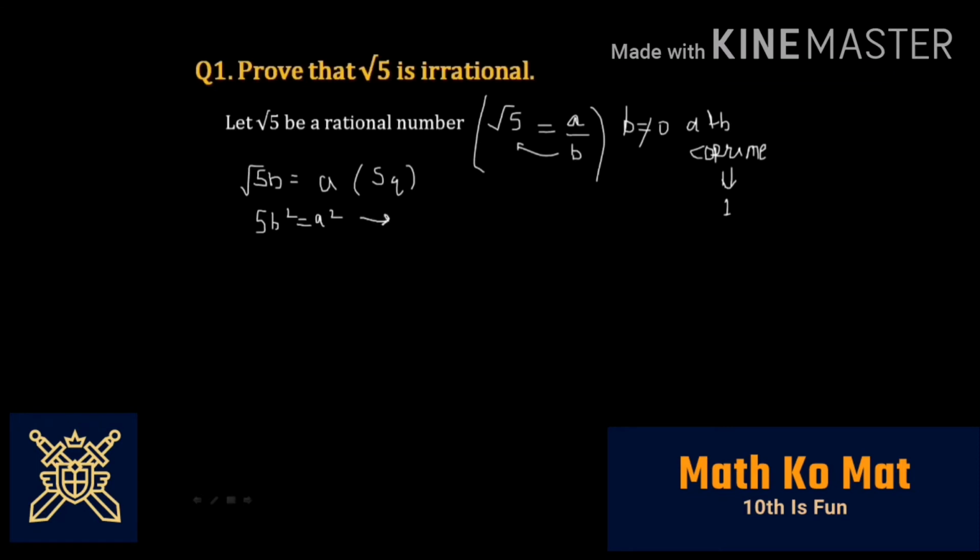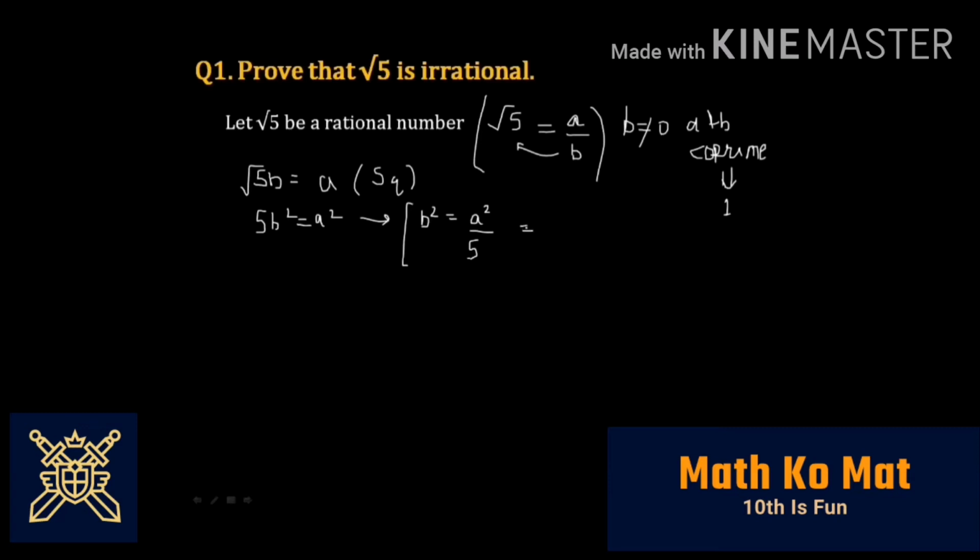Now let's move away from the question for a moment and understand what we are going to do. You see that a and b are integers because they are rational numbers. When you square them, a squared is equal to 5b squared. Now this b squared can be written as a squared divided by 5. Again, remember that they are positive integers. When you divide some integer by 5, you get another perfect square of one integer.